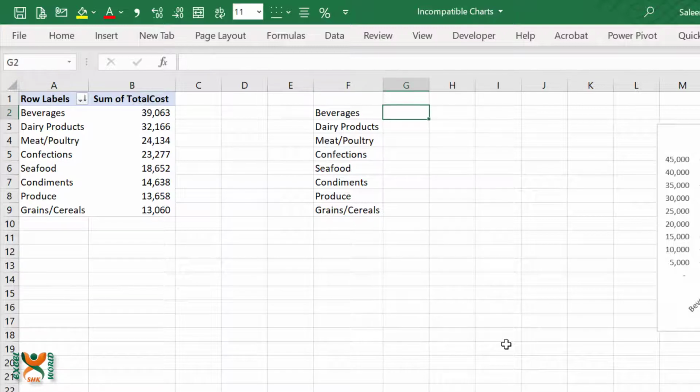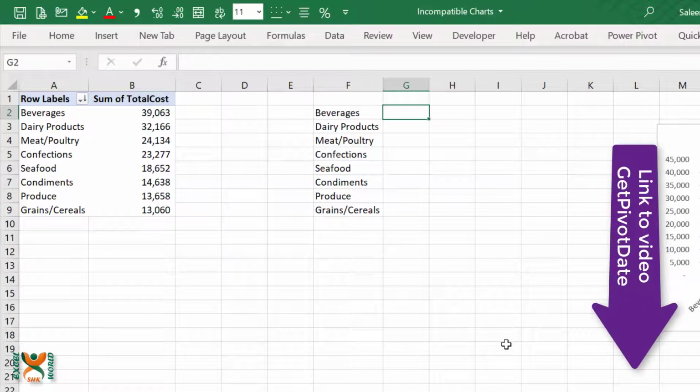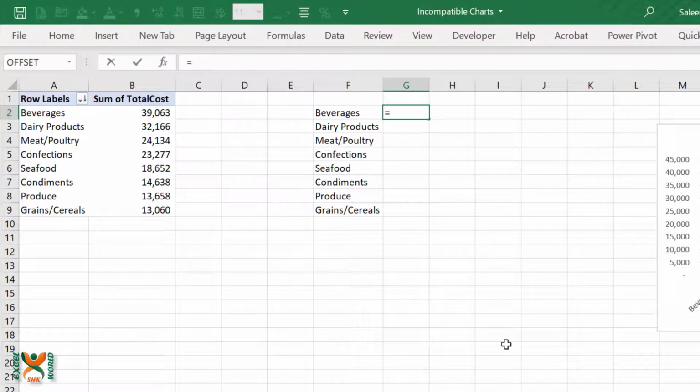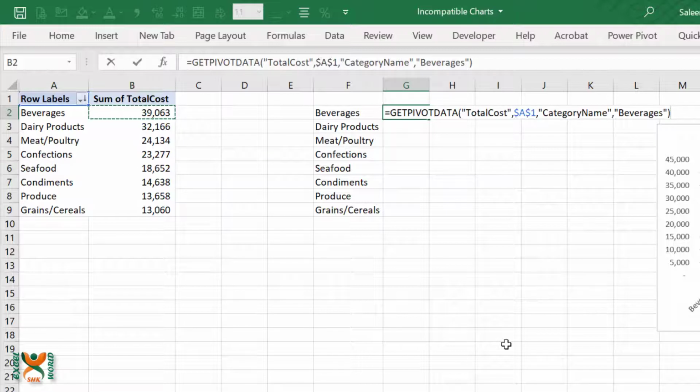Now we need to produce the values. We are going to use the get pivot data feature, and we have already learned that in detail in our first video. The link to that video is also given in the description below, and in the I reference above. So you can go and learn single or two-way references. Now this is a single reference because we only have one element in the rows area. Press equal to and go to the values, and we will see the get pivot data formula, which has the category name as a hard coded element in the formula.